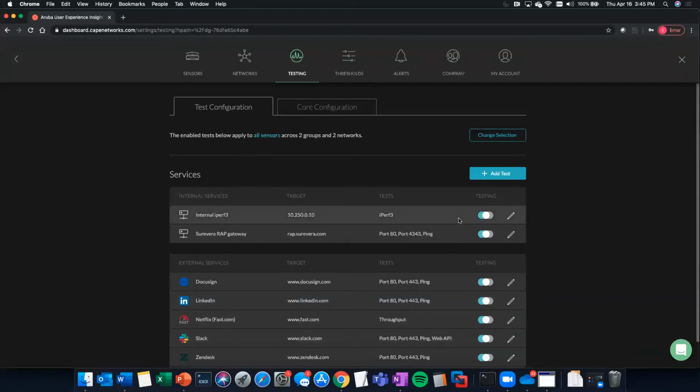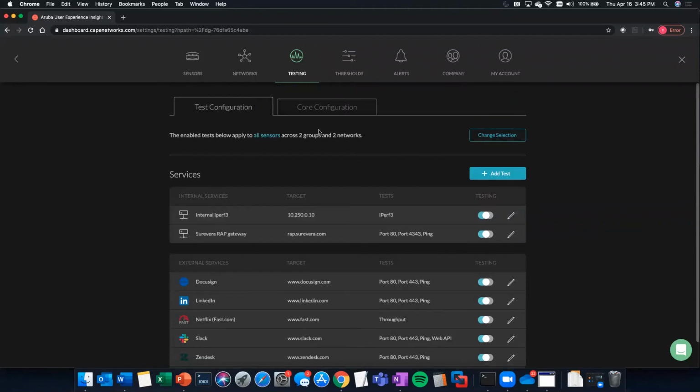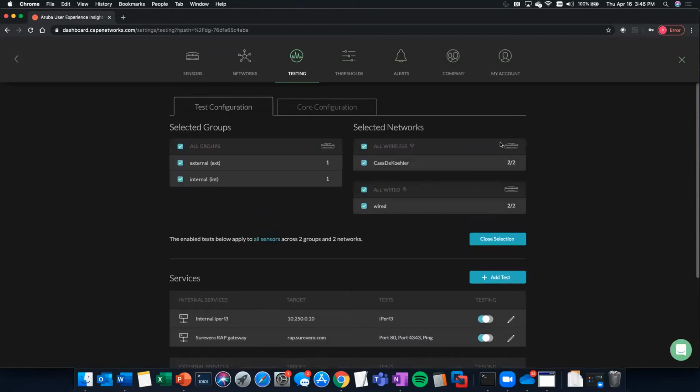And then once we're done going through a couple of these, I'll go back and take a look at the test to show that it's gone up to the 100 meg and see what we're getting on our throughput there. So you can see these are very simple to set up. So if I want to add a new test, so let me take one step back. You can see here, the tests that we're looking at are going across two groups and two sensors. So if I wanted to make one available just to a single